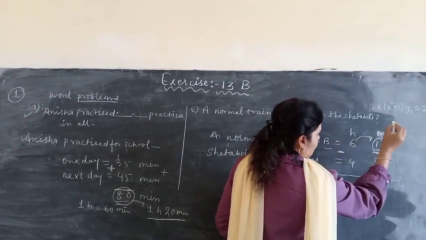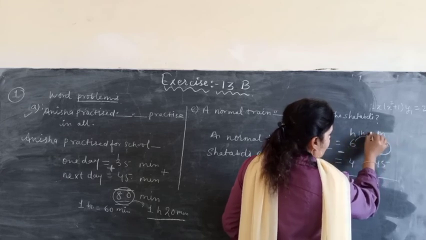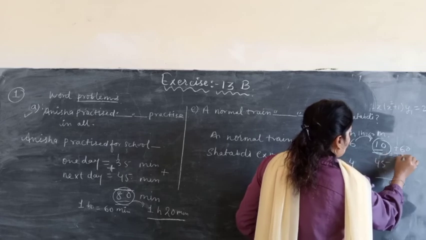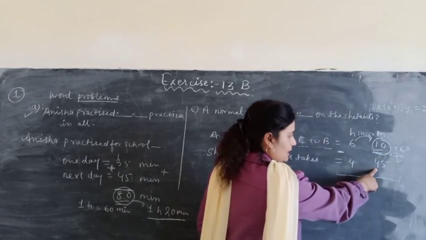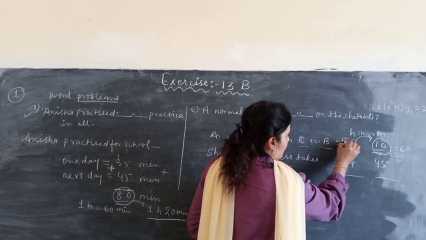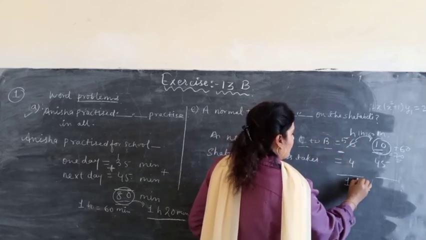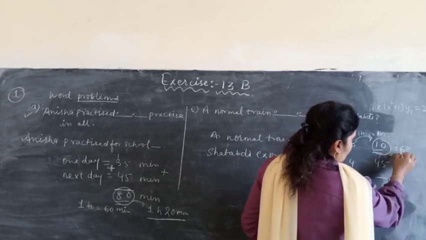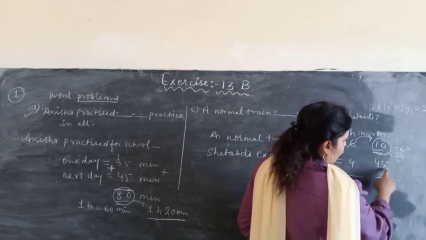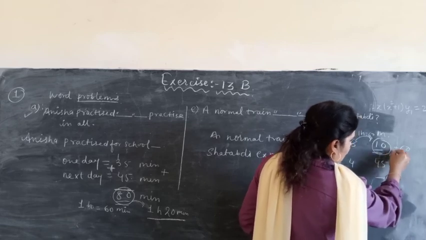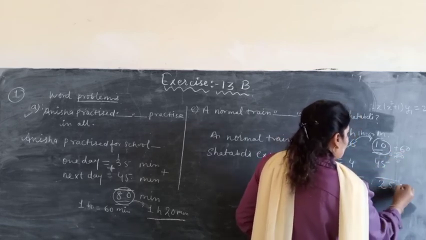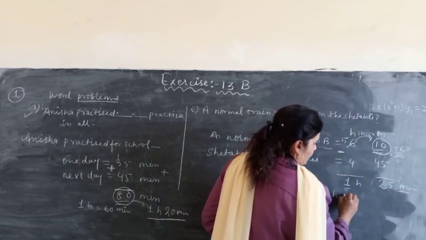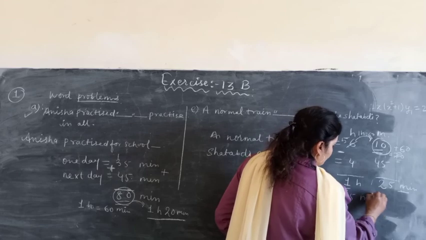We will take here the 1 hour and convert it into minutes, which is 60 minutes. So plus 60, so here is 70. Okay, so from 70 we will subtract 45, and here is 5 hours. So 5 minus 1. Okay, so 1 hour is here, and 70 minus 45. So here we will take 1, 10 minus 5 is 5. Here is 6, 6 minus 4 is 2. So 25 minutes and 1 hour. The answer is 1 hour and 25 minutes.